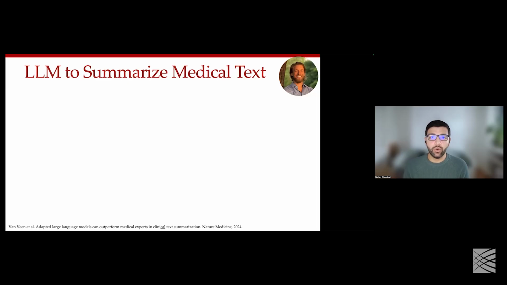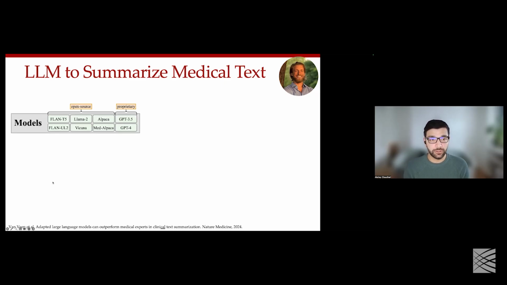So I just wanted to walk you through the study schematic that we had for this particular task. We chose a whole host of different models, and I will say that we performed some of these experiments almost 18 months ago. So these were some of the latest generation models that we used back then.